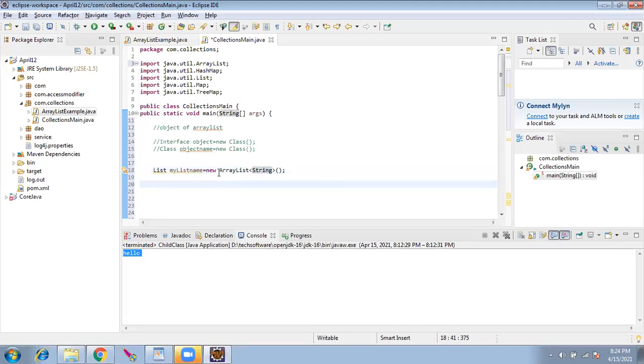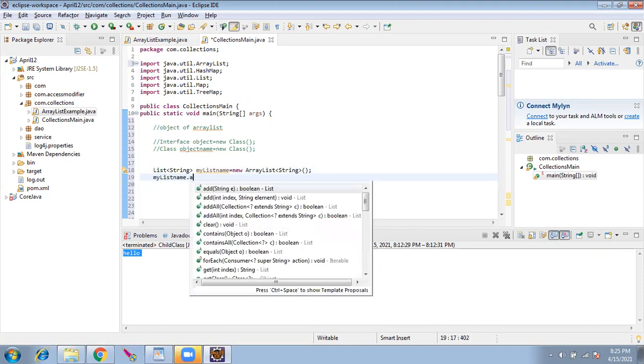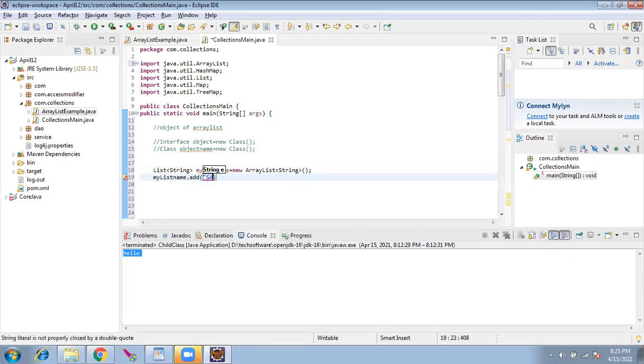So I create one array list. I'll be storing list in it. I'll be storing string in it. Here list also we'll give, this is called generic. The angle bracket, right? We give the type of element which we are going to store, that is called generic. I will add my list dot add first value, Saturday. My list name dot add, Sunday.